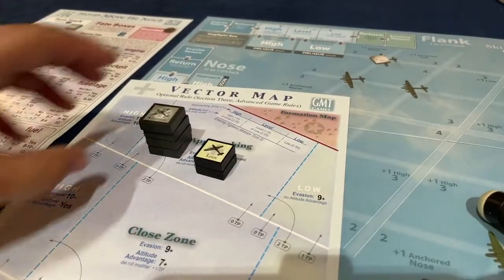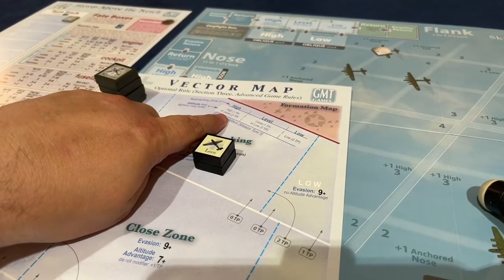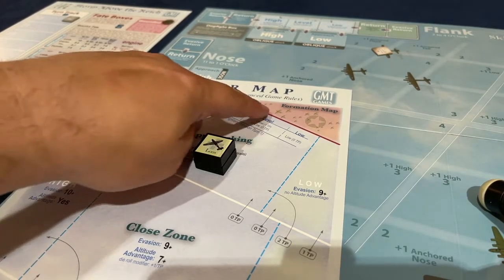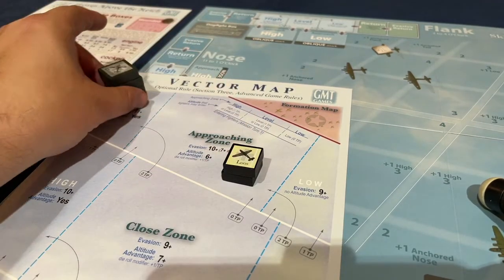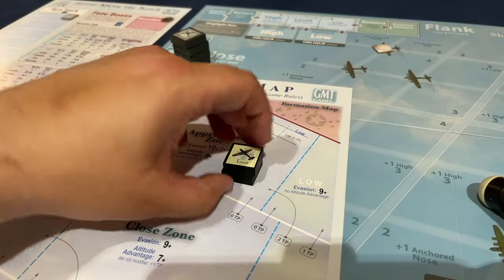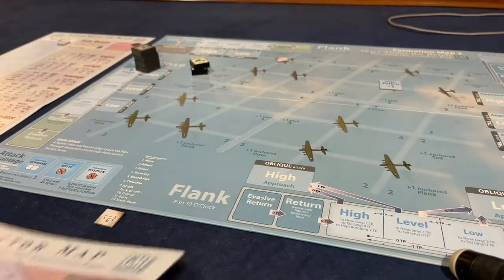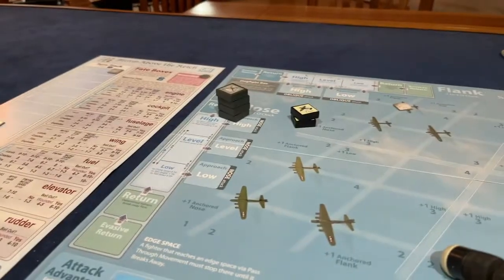And like I said, with the weather, that means this guy goes high. And when you're high, you can come in at any altitude that fighters may enter is level. And then when you're level, you can come in low. So these 2 are going to come in low. These ones are going to come in high. And I'm in a perfect position to get all 3 of my attack advantages. So we're going to come in level nose